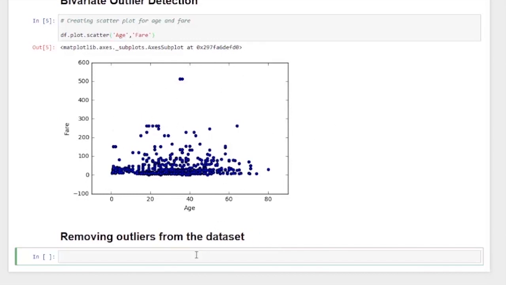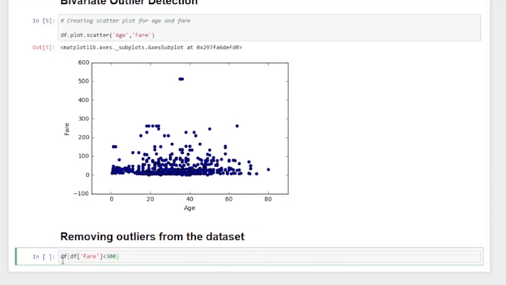So let's first fetch the rows for which values are less than 300. This will return a data frame for which all the values are below 300. First of all, it will calculate the location of the values for which the value of fare is less than 300, and then it will subset the entire data frame using those rows.